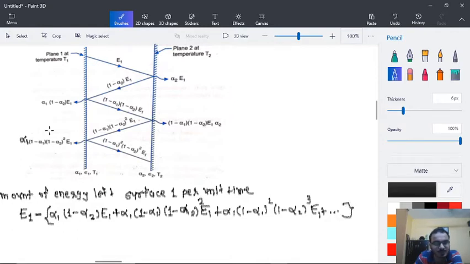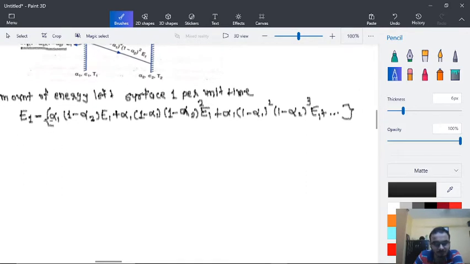the surface 1. So this is being absorbed, so we are subtracting all those components which are being absorbed. So the only thing which will be left is the energy which has left surface 1. So the remaining are being absorbed by the surface 2, is equal to, now here E1 as it is,